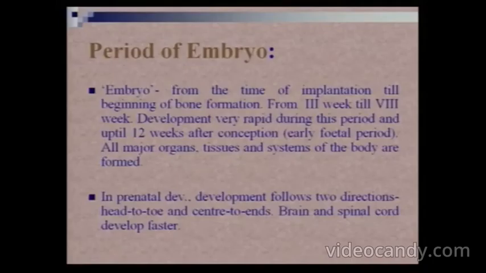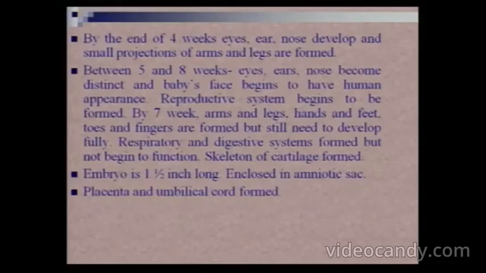Center to end direction of development means that the organs in the center part of your body, the heart, the lungs, etc., will be the ones to form first, and later the arms and legs will come. By the end of 4 weeks, eyes, ears, nose, etc. have developed, and small projections of arms and legs are formed. Between 5 to 8 weeks, the baby's face begins to have a human appearance, and the reproductive system gets formed by this time, and you can know the sex of the child,